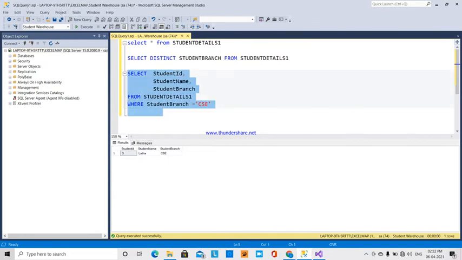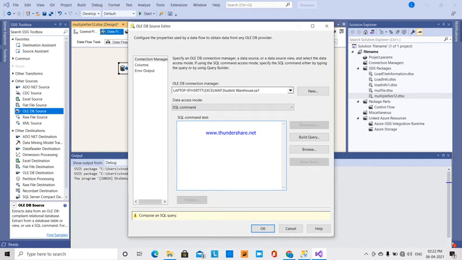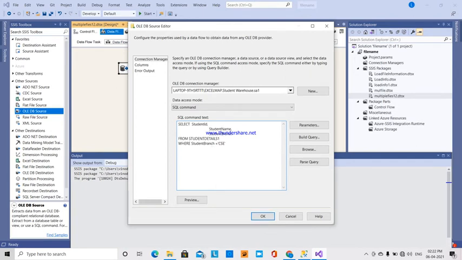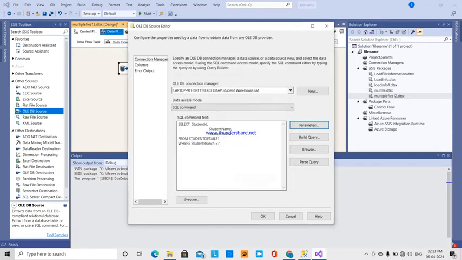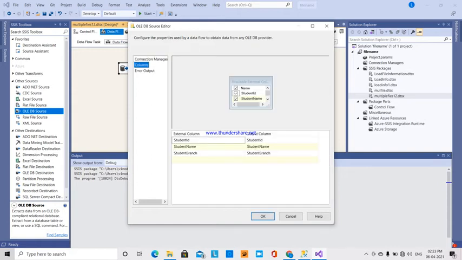So where CSE, so control C, here I'm going to pass that variable. So it's a question mark here, and then parameters, here the variable is branch, user branch code, okay, and columns or mapping everything.